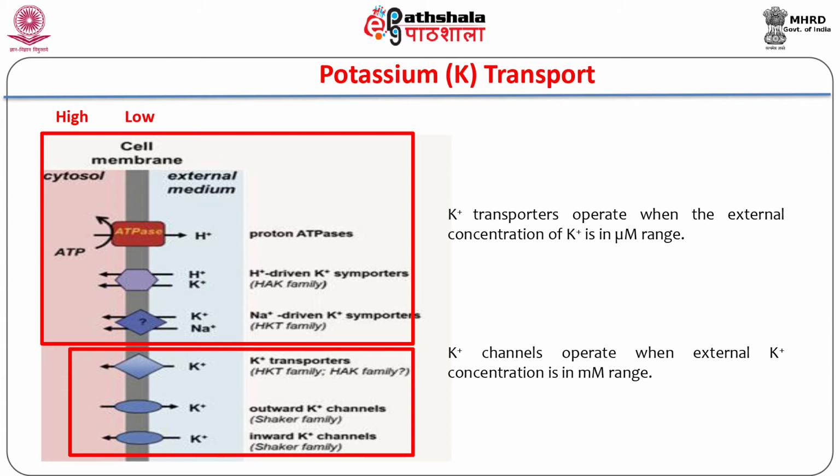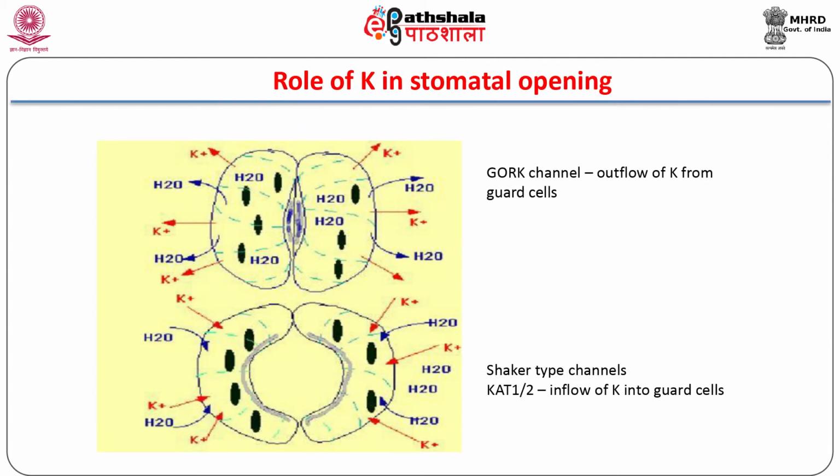Potassium plays an important role in many physiological processes, like maintenance of osmotic equilibrium in cells or causing rapid turgor changes that are important in bringing about stomatal opening and closure. The KAT1 or 2 channels are present in guard cell membranes and play an important role in potassium influx into guard cells that lead to the opening of stomata. GORK is an outwardly rectifying potassium channel which is also present in guard cell membranes.